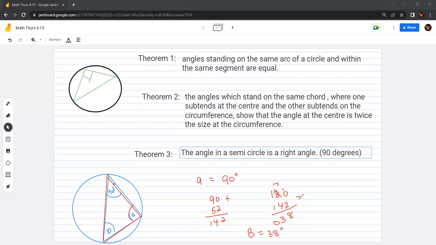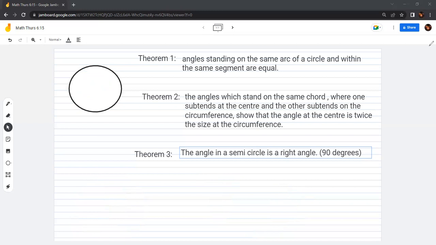All right, so another theorem I'm going to look at. Okay, I understand. All right, so let's look at another theorem. Now,